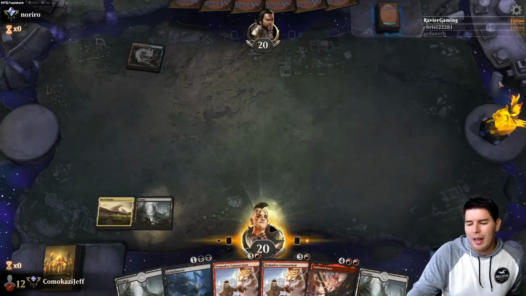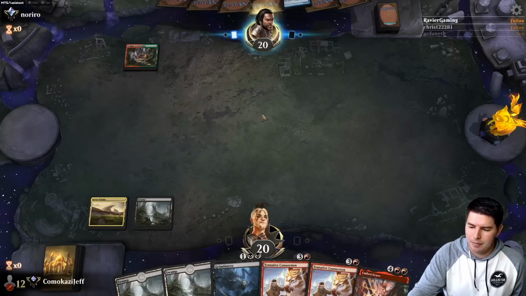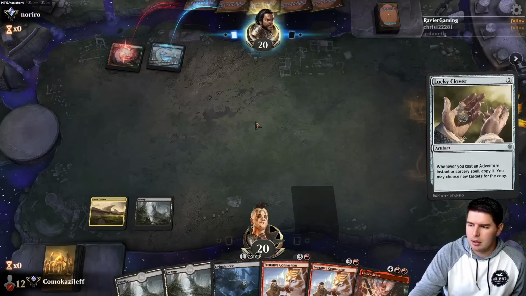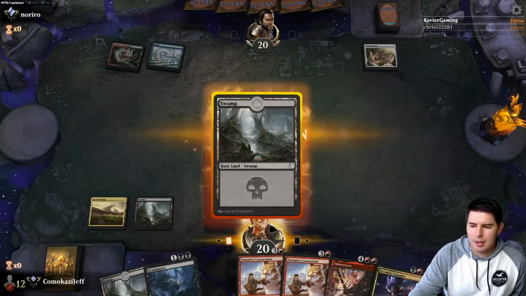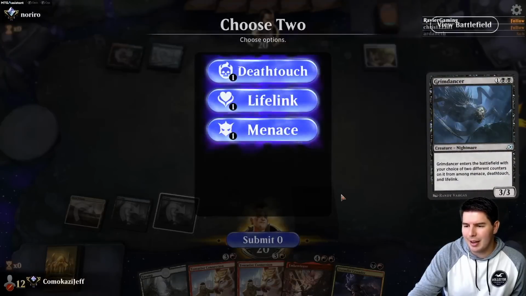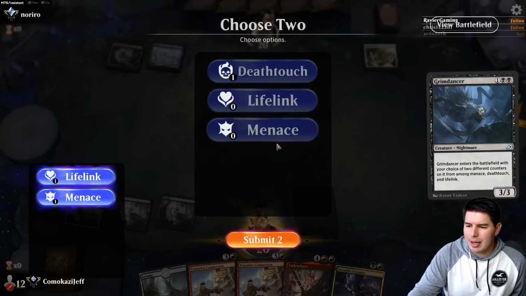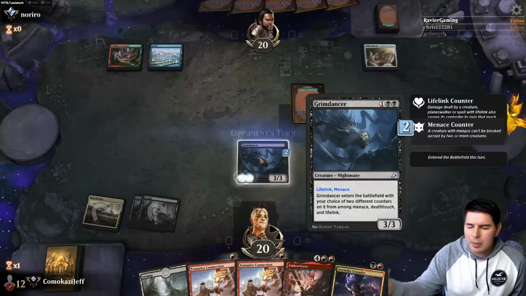Oh no, not more black mana. It's not what we want. That is the worst draw here by far. Lucky Clover. Dude, Temur Adventures. I'm going to get really annoyed playing this deck over and over again. Death Touch Lifelink helps with, let's go, Menace Lifelink. It should just help us keep getting